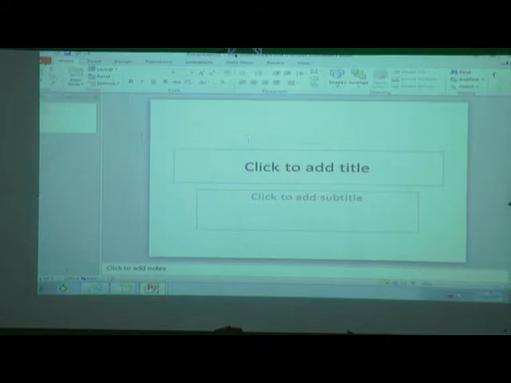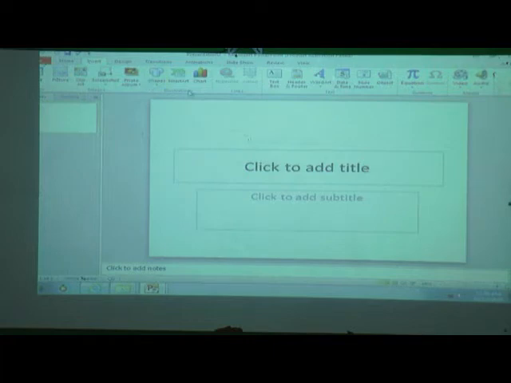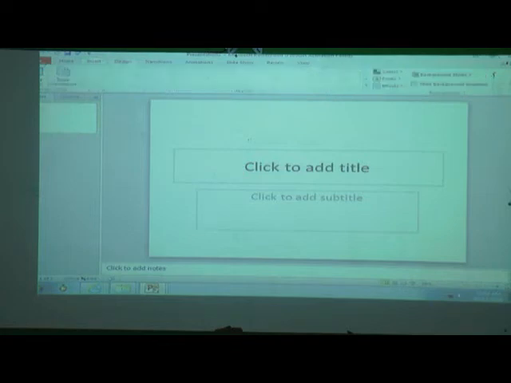Now the next one, Insert menu. If you want to insert a shape, then SmartArt, chart, picture, clip art, screenshot, photo album, these all you can insert in a slide by using which menu? Insert menu. Next one, Design. What is in the design? Yes, we can design our slide. Next one,